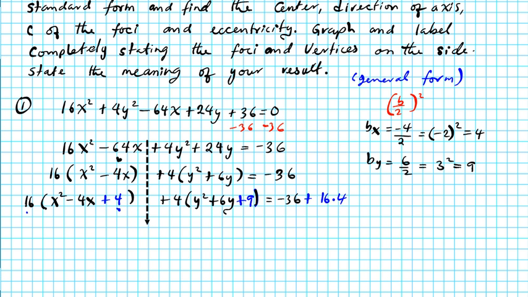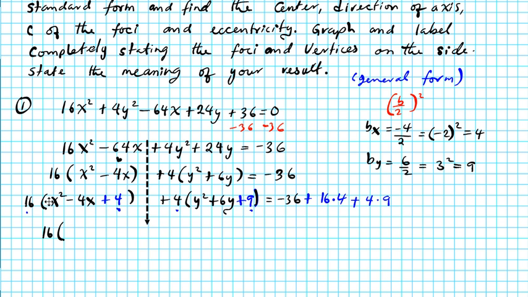Okay, and then on the y side we have a 4, and then we have a 9. So I'm going to be multiplying here by 4 times 9. Okay, so that's basically how it's going to be. Alright, so now what I'm going to do, I'm going to factor the left side, and then because we already have a perfect square trinomial, so on the left side I'll bring down a 16, and what you do is